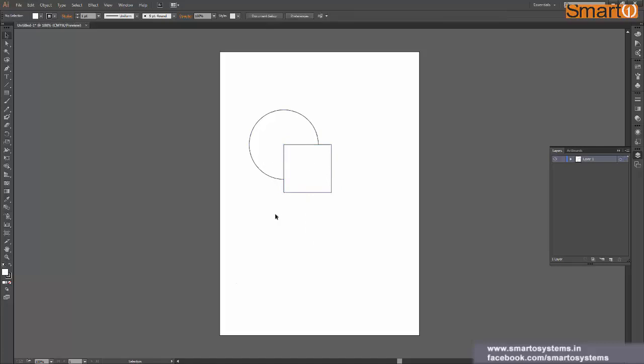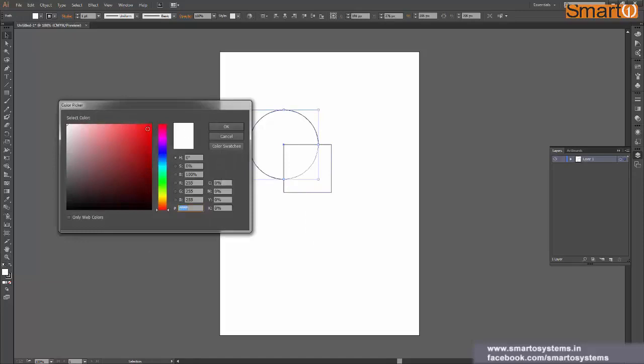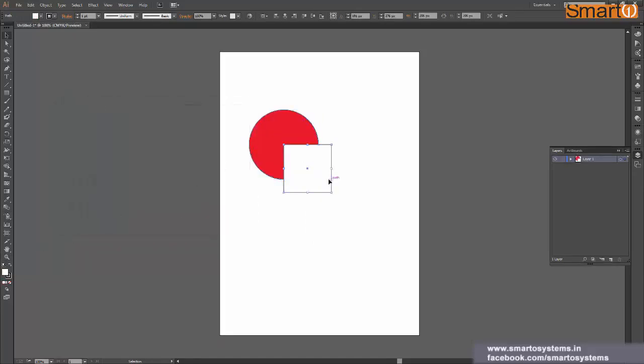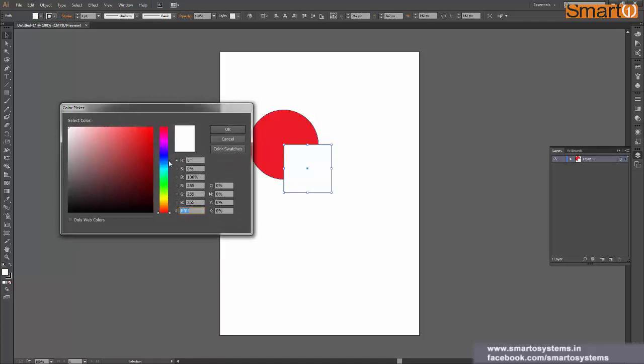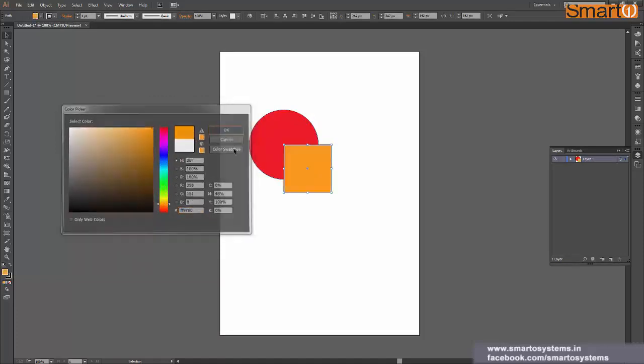Okay, now we have two shapes, one above another, and I'm going to fill some color in them. Let's say red for the circle, and for the rectangle I choose orange color, that is fine, I guess.